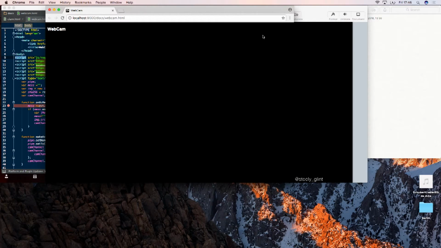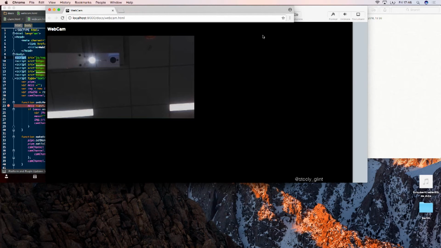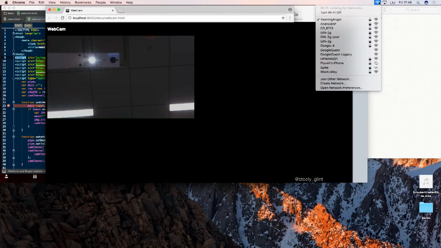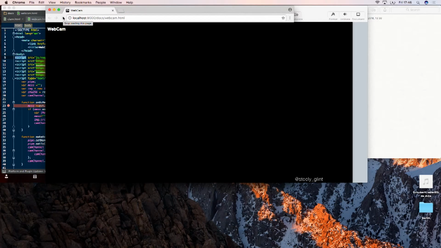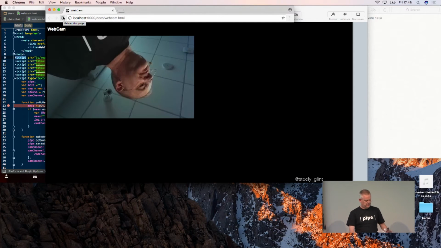So this is it running that page, and with any luck, we're going to go through. And there we go, we have a webcam. So this is a very dark webcam somewhere. Am I on the right network? Yeah, I'm on the right network. Let's do that again. Let's move this webcam so that it's not actually facing the lights. Oh, I'm the wrong way up. There we go. Anyway, so we now have Raspberry Pi doing